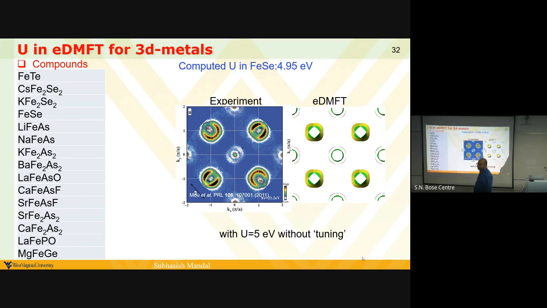In DFT, for similar kinds of systems, people used to put like 2 or 3. No, that exactly is the question. In his case, he is putting U and then treating it in a self-consistent manner, where he is using a large energy window. So each time he actually inverts. Exactly, because when he is solving the Dyson equation, he has to invert. So the moment you are inverting, wherever you put the U, since there is a hybridization, it's going to affect all the others. And if you use the large energy window, then it will affect everything that is high.